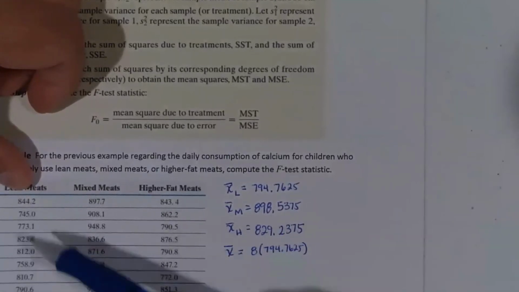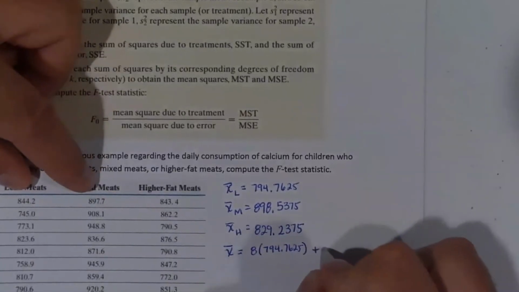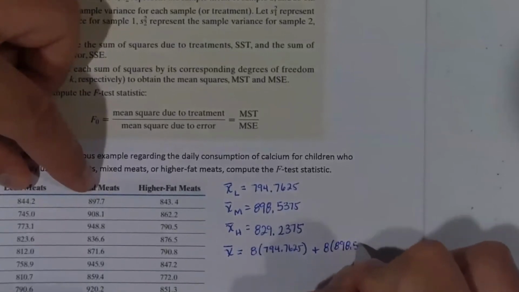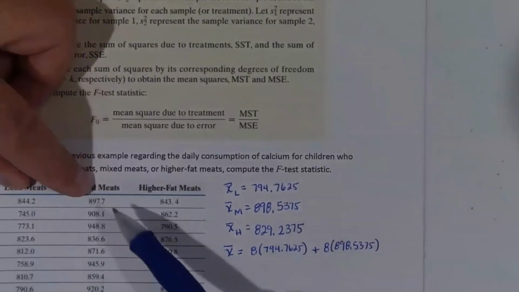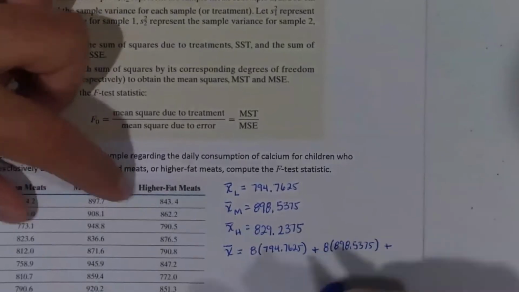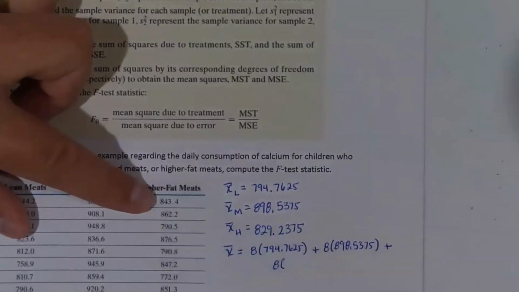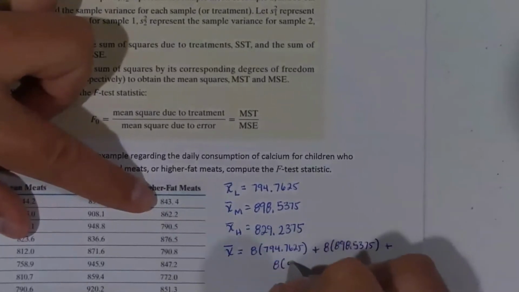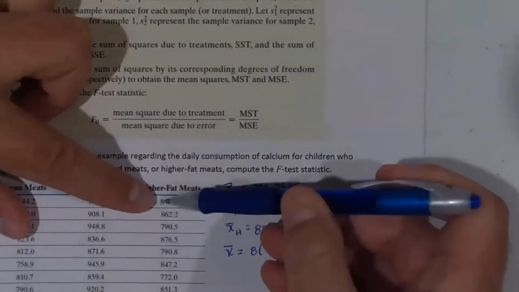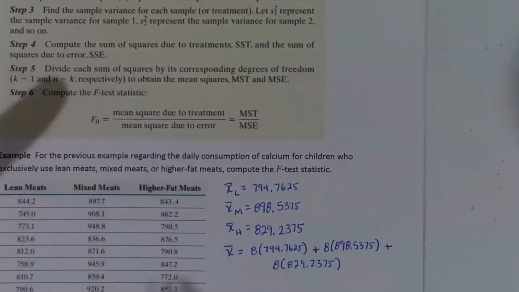What that would do is give me the total when I add up these 8 data values. And then I'm going to do the same thing: if I take 8 times the 898.5375, that's going to give me the total when I add up these 8 data values. And if I take 8 times the 829.2375, that would give me the total when I add up these 8 data values. So if I do this, that's going to give me the total when I add up all of these